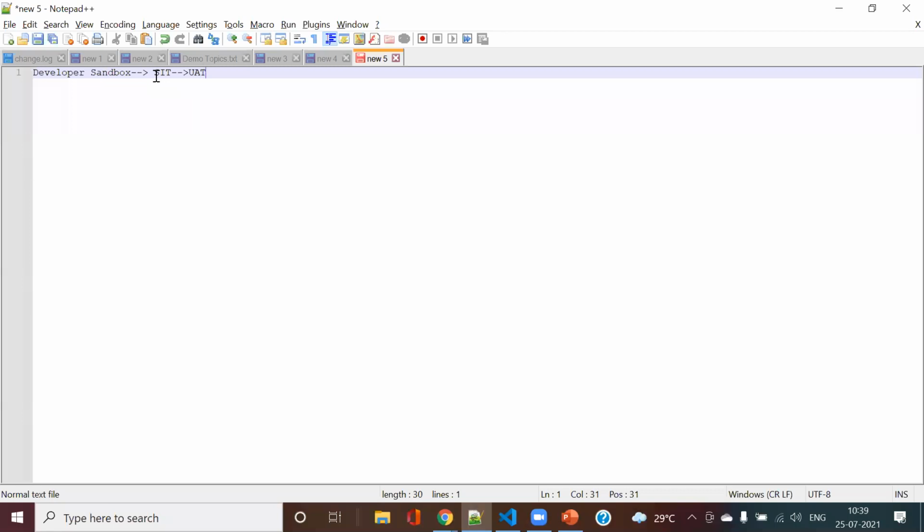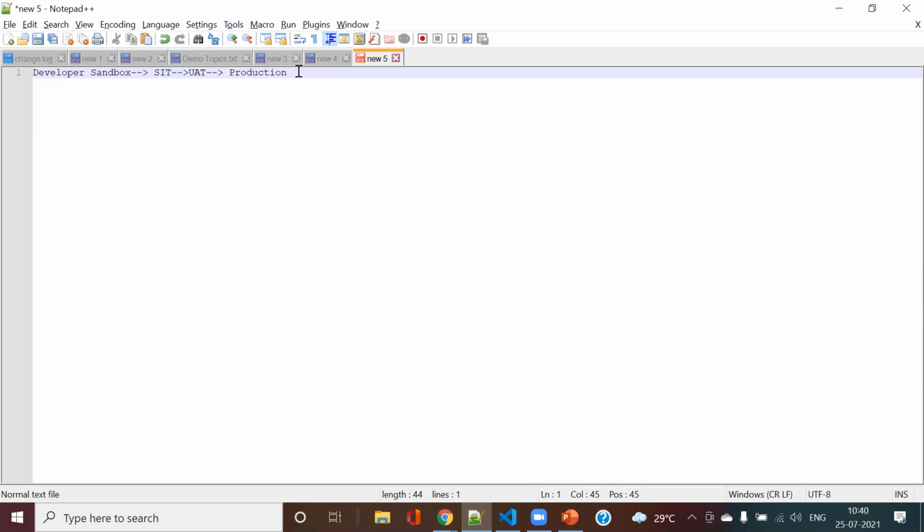This is my full copy sandbox, where end-to-end full testing happens. This involves my performance testing and my regression. Regression mostly happens in both environments, in SIT and in UAT. UAT is mainly for performance testing, and it is a full copy sandbox, which is just a replica of your production. It depends on when your company syncs the production data with your full copy sandbox. After my UAT, the code goes into production. This is how the process generally works.